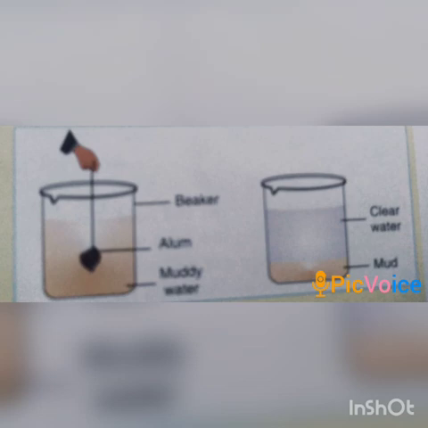Now we will compare it with the time taken by them during a direct sedimentation. We will find that loading makes the process a lot faster. In this particular case, the alum dissolves quickly, sticks to the fine mud particles, and makes them heavier. The heavier mud particles settle down more easily and quickly.